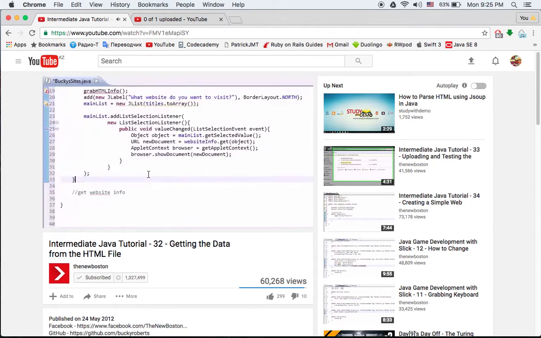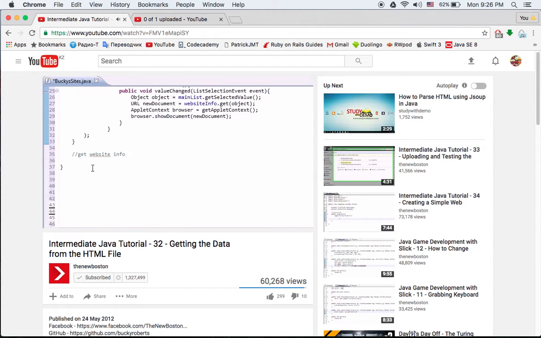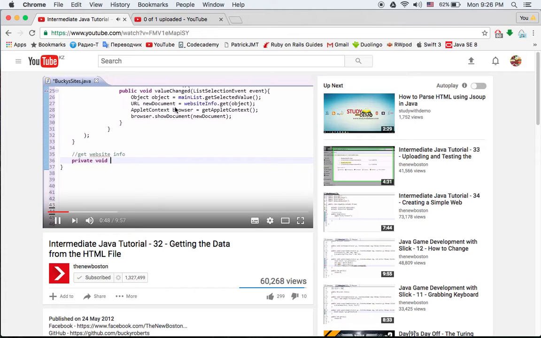So, the last method that we coded basically did the advanced stuff. Now we just need to pretty much populate these two things, the hash map and the array list. So this is pretty much the easy part actually. So private void grab HTML info